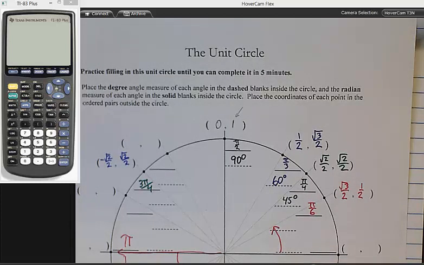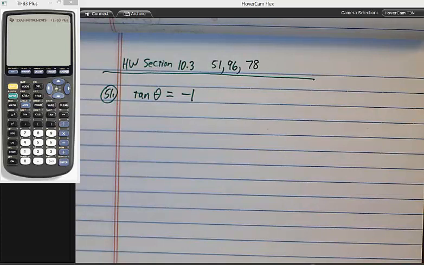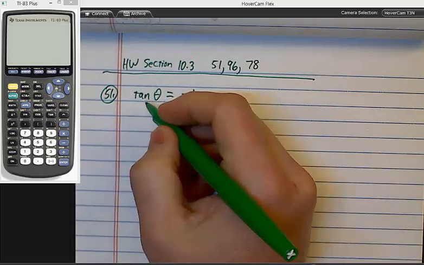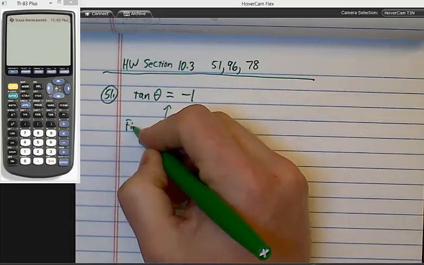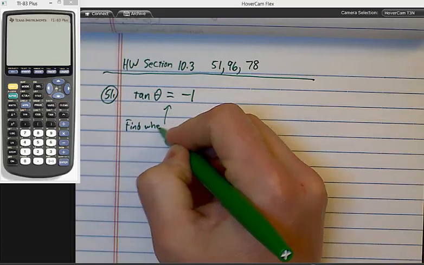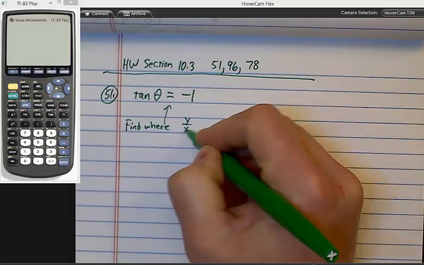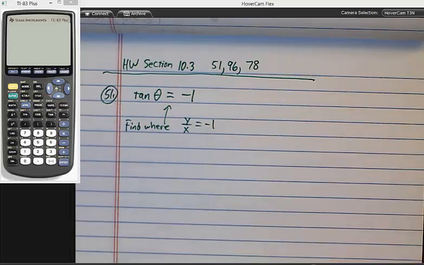Now, what's our definition of tangent then? Tangent is y over x or sine over cosine, right? So basically, I'm trying to find where y over x is going to be -1. Okay? So if I throw that unit circle back up here,